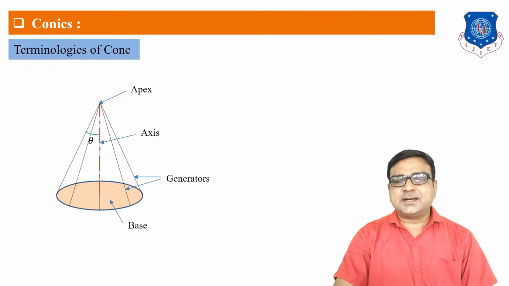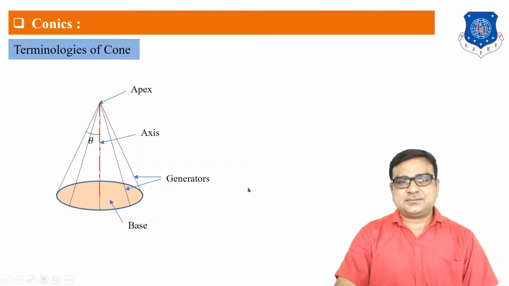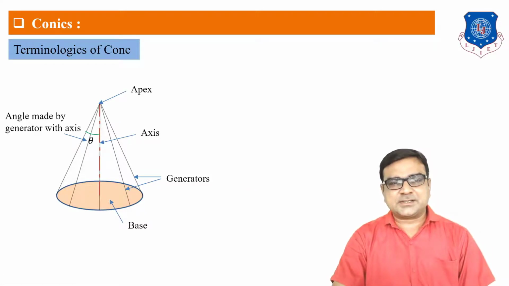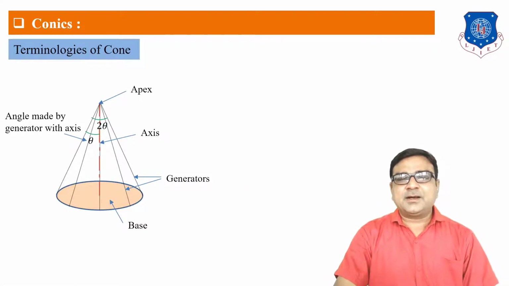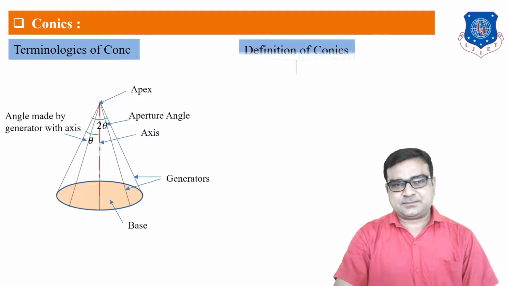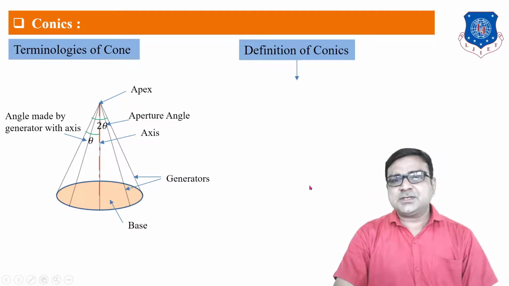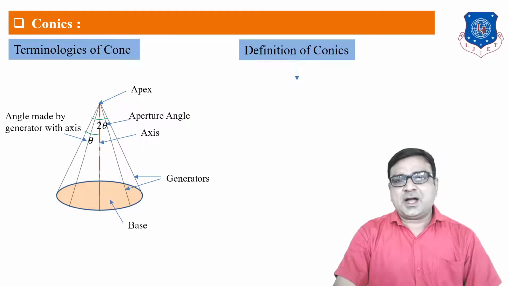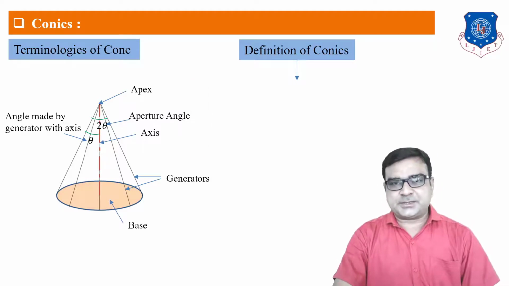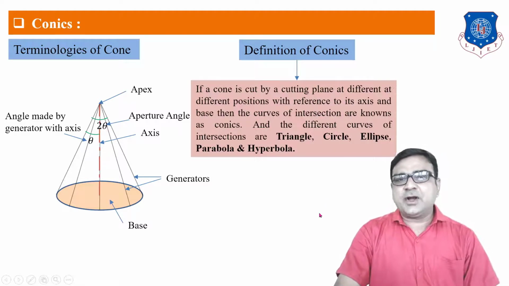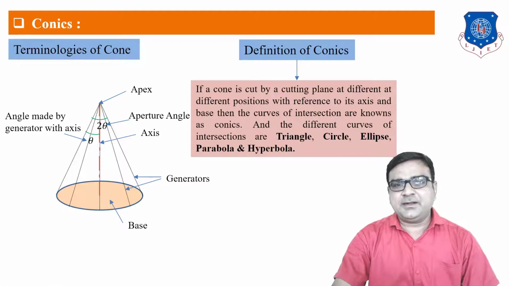Now angle theta, which is the angle between the axis and the extreme generator, is known as the angle made by the generator with the axis. And double of theta, that is 2 theta, is known as the apex angle. Now definition of conics: how conic curves are developed. If a cone is cut by a cutting plane